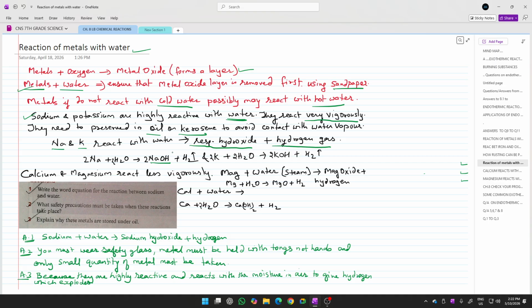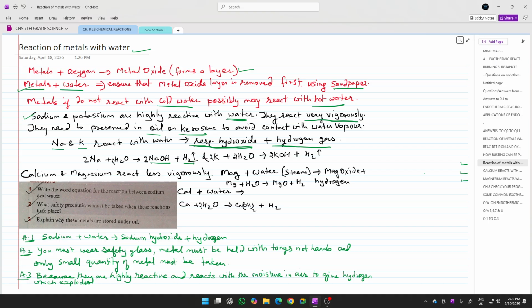NaOH means sodium hydroxide. I told you metal reacts with water to give you the corresponding hydroxide. So sodium will react with water to give you sodium hydroxide. So I have written 2 NaOH plus H2. H2 is the formula for hydrogen gas. And I have put an arrow mark in the upward direction indicating that this hydrogen is